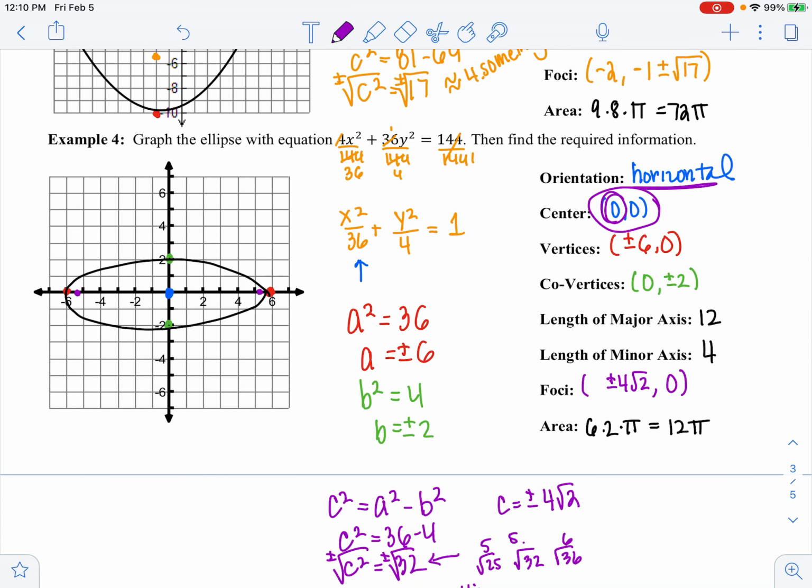All right, that's it for graphing ellipses. Now you can move on to writing equations of